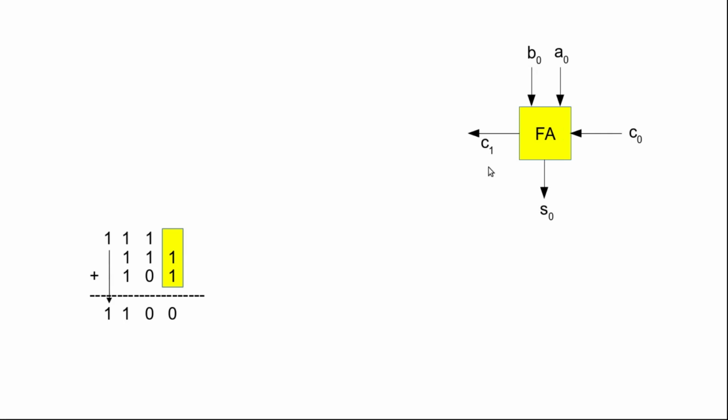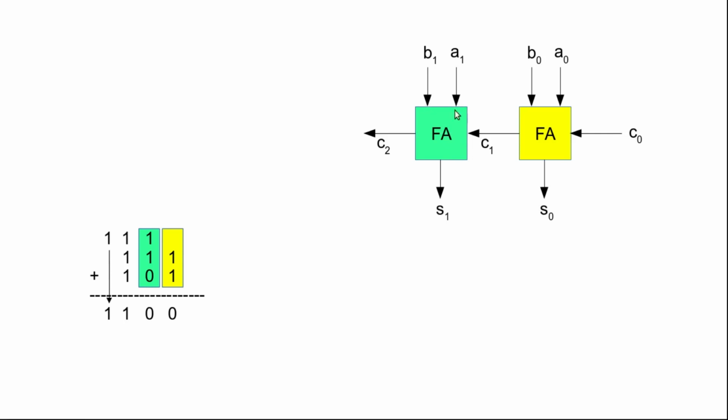And now the second stage of this addition of these two 3-bit numbers, we can use another full adder to perform the addition of the second stage. And we have already seen that the carry out from the first stage is provided as a carry in to the second stage. So whatever is the carry out from the first stage, we can provide it as a carry in of the second full adder,